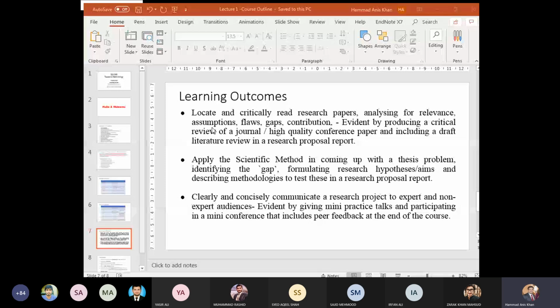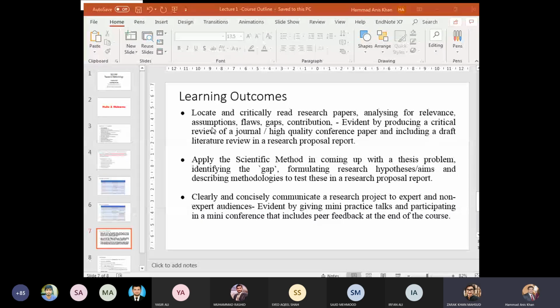So these two softwares, maybe there are some students who know them. I don't know, but if you don't know, we will go through those two softwares. Can you repeat the first one? EndNote and Mendeley. So these are the two softwares which we will cover, and these softwares actually help in referencing. If your referencing is correct, this will give you a very big boost in your thesis writing and your research paper writing.